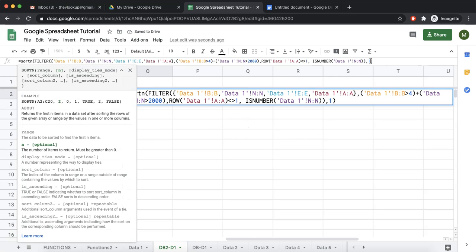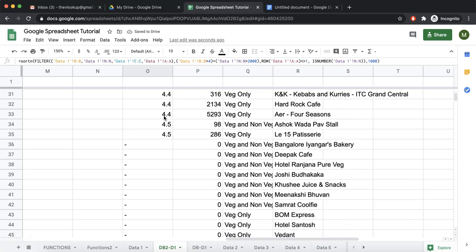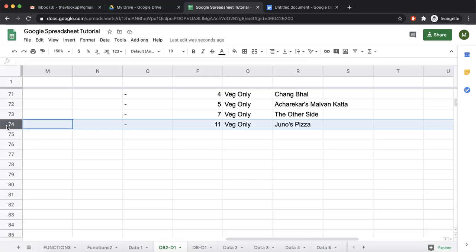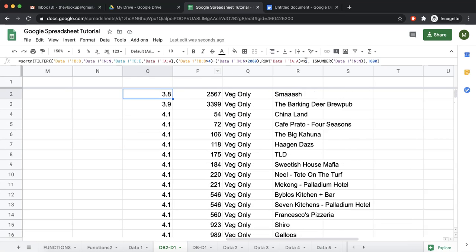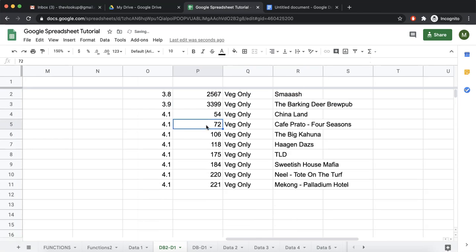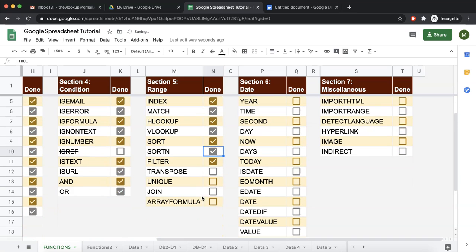If we make it as 100, 1000, although we don't have 1000 results, it is giving all of them. So basically it is giving less than 1000. It just has 73 values because the top row is empty. So you can decide out of the filtered value, just give me top 10, top 20, top 15, whatever you want. So this is how sort n works.